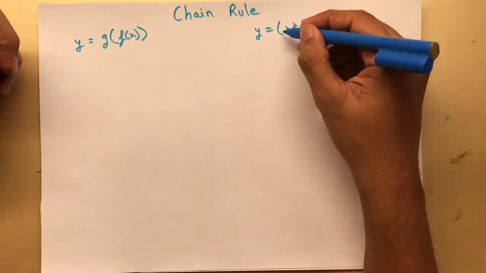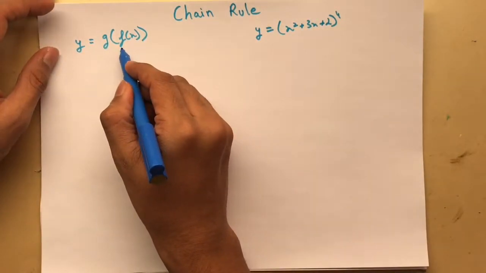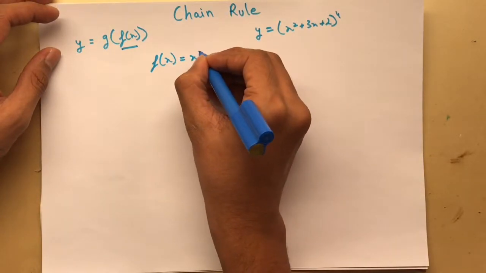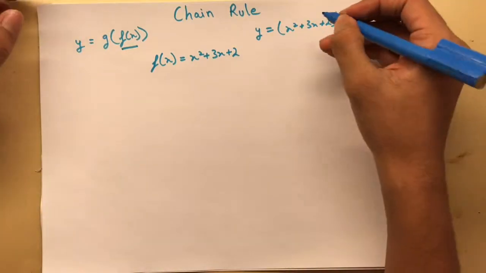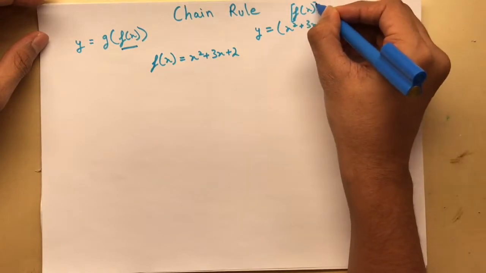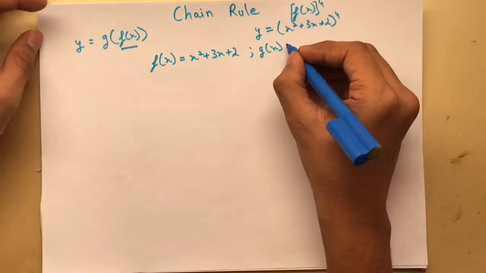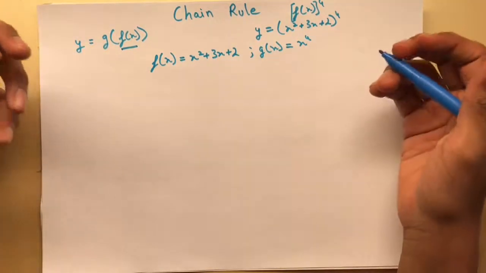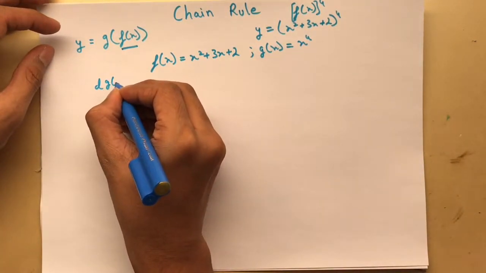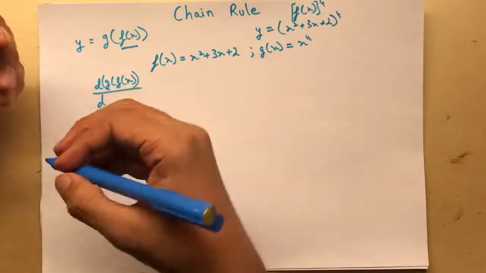But if you really think about what you're doing, you're actually taking the derivative with respect to this entire thing, that is x squared plus 3x plus 2. And in this case, we're writing that expression, x squared plus 3x plus 2, as just equal to f of x. Just to make things easier, if we imagine this entire thing to be f of x and the whole thing being raised to 4, because g of x in this case is x raised to 4, then the derivative of g of f of x with respect to f of x